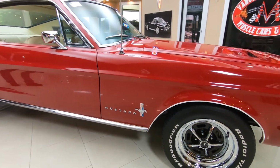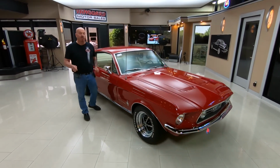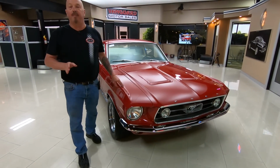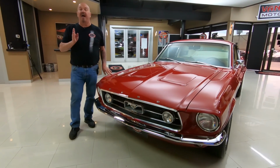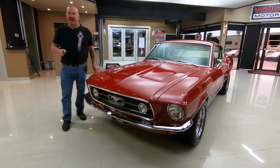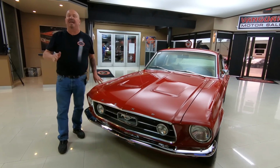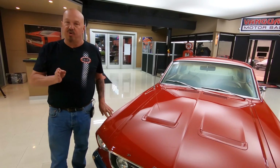And at Vanguard Motor Sales, we don't do any consignment whatsoever. So that means we own this Mustang. So you can bet we spent the time to check it out before we bought it. Right now we have a little over 200 cars in stock, and we own every one of those cars. So we spend the time and the energy to check out every one of the cars before we buy them. Then when they get here to the shop, we get them on the lift and inspect them so Tom can answer every one of your questions when you call him at